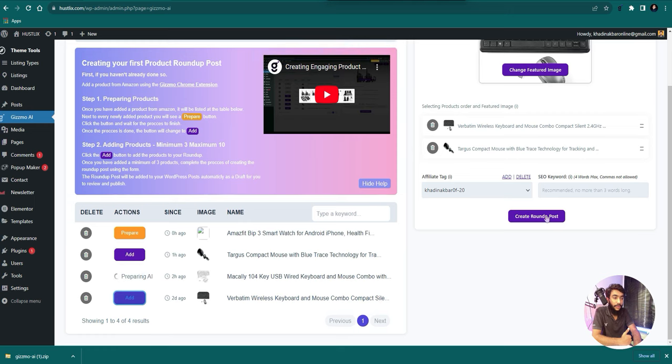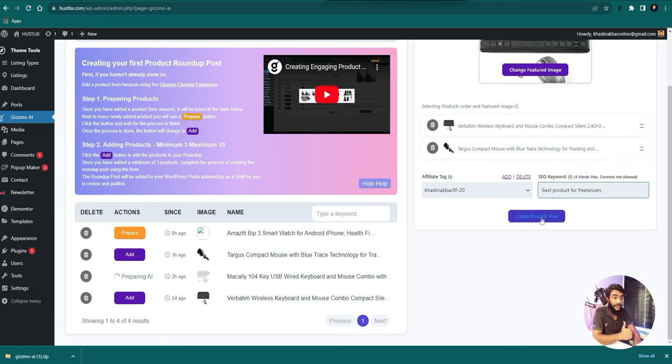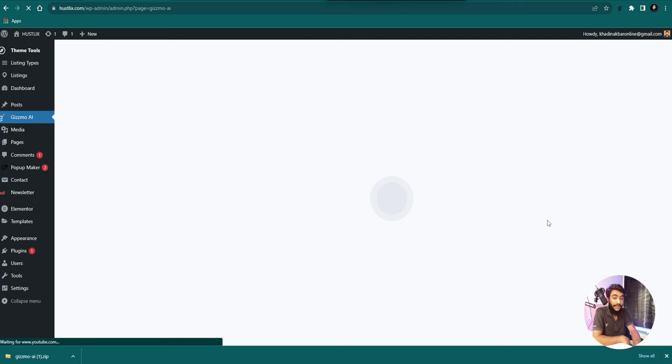Yeah, so now I can just create best product for freelancers. I'm just doing it dummy. I'm not doing it like something professional, I'm just doing it dummy. I just hit create roundup post. It would create the post, and you just have to add it into the drafts, make few edits, and that's all. Now I'll just go back to Gizzmo AI main page,